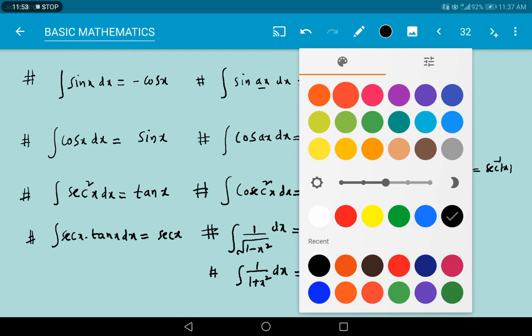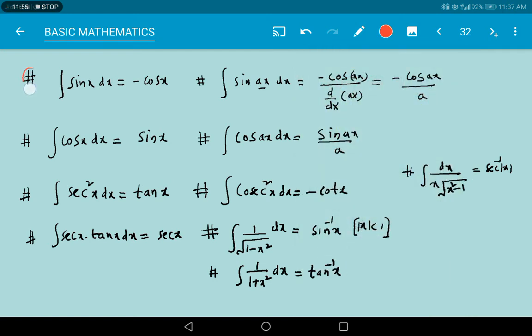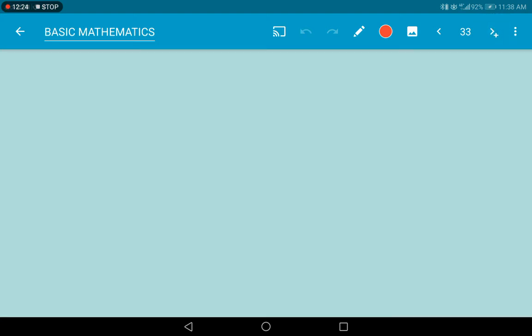In this, mostly we use these functions. Most of the cases in physics we come across these functions. In rare cases we get the others, so you can also try to memorize them. These formulas are to be memorized only, so there is no trick for this. Directly we can remember, right?